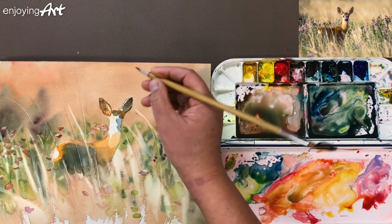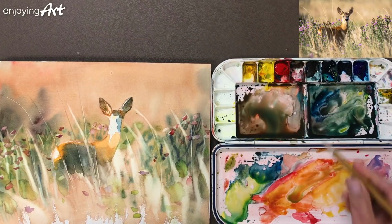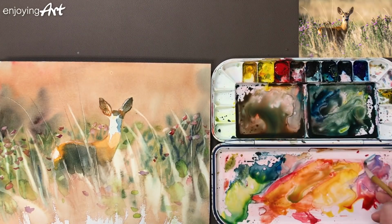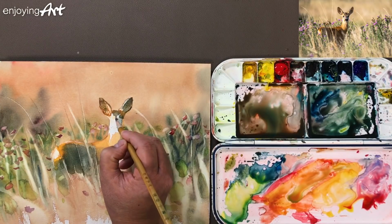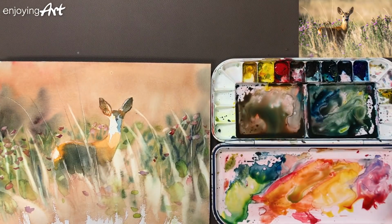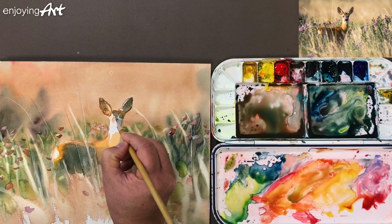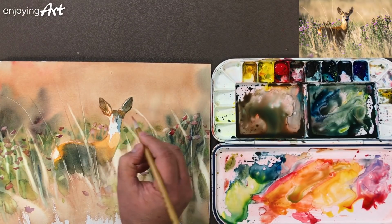So come back later. Now I come to the face, and looking at the face on the light side, have a little bit purplish colors actually, right on the top over here, and on the nose, like that. And the light side is very light, like this color, very light. Look at that. So this is the fun part. You're going to create that,